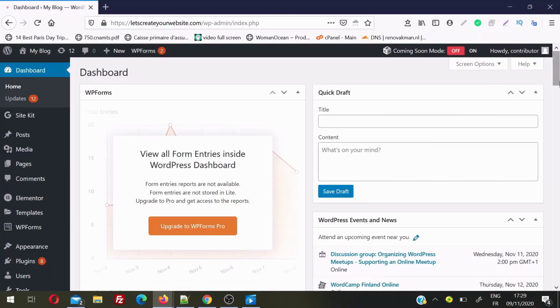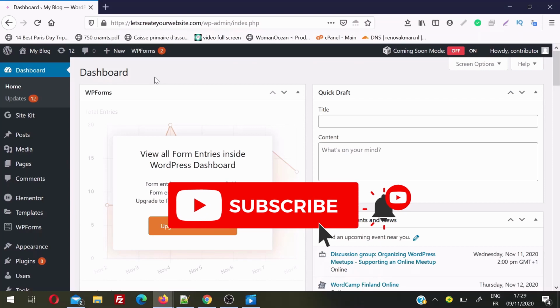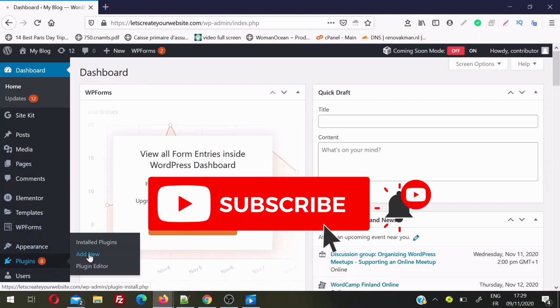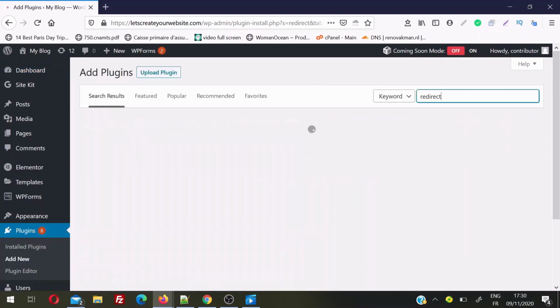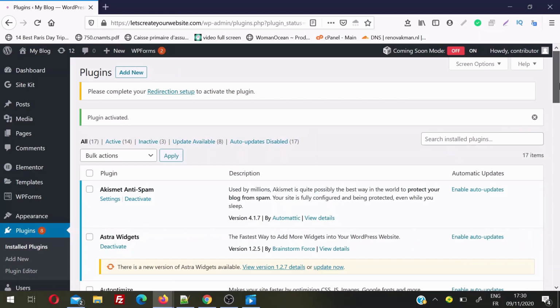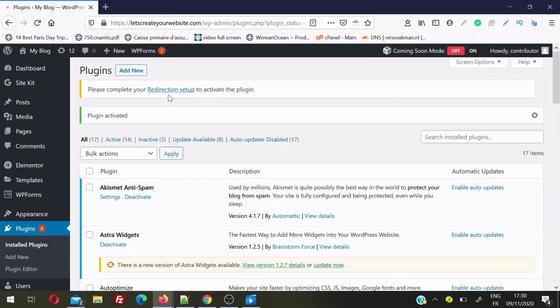So first of all, you need to log into your WordPress dashboard, and then we are going to take help of a plugin. To install this new plugin, we'll go to the left sidebar, hover on plugins, and then click add new. Search for the plugin Redirection, and then you can see here this is a redirect plugin. It has more than 1+ million active installations. It has a very good rating. So I click on install now, and once it is installed, I click activate. Okay, the plugin is installed, and now we'll go to the redirect setup page to activate the plugin.